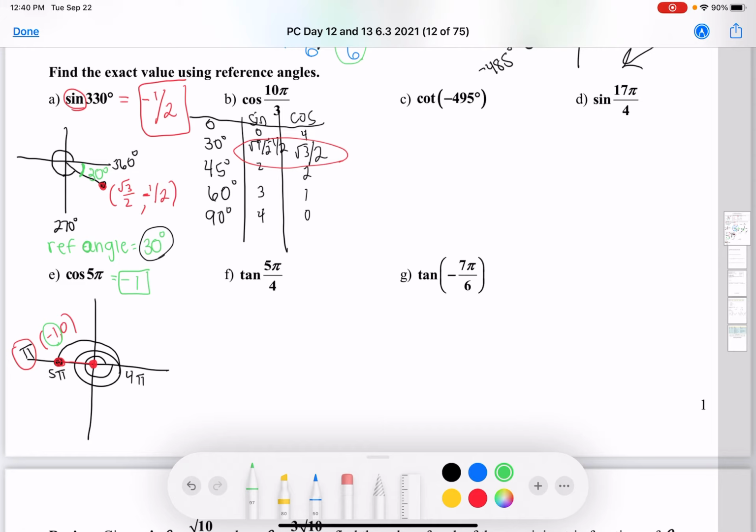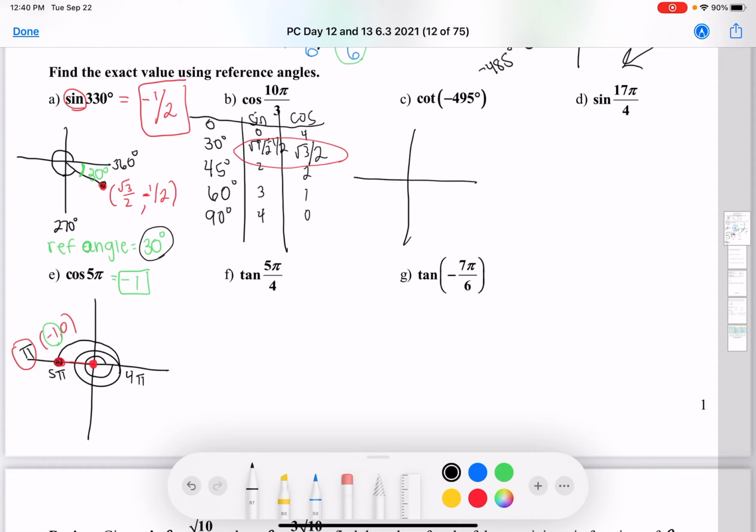All right, let's go ahead and do part C. So cotangent of -495 degrees. So guys, I really recommend that you first, again, always find your reference angle, and then we know cotangent relates to tangent. So that could be something helpful for when we try to find the exact value here. So as always, draw